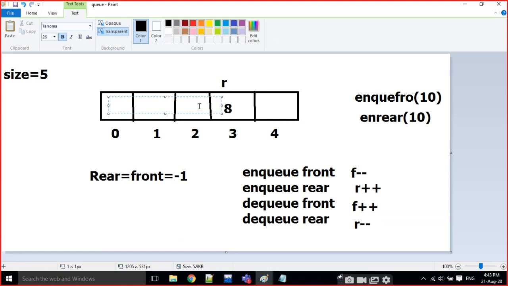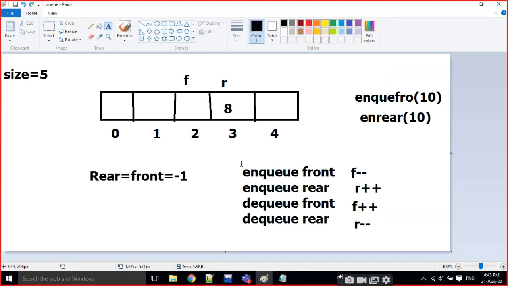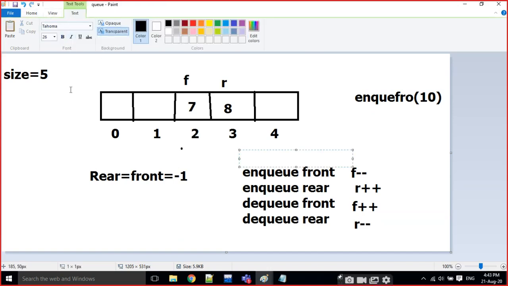Now, at this position, just wait. This is 10, with 30.